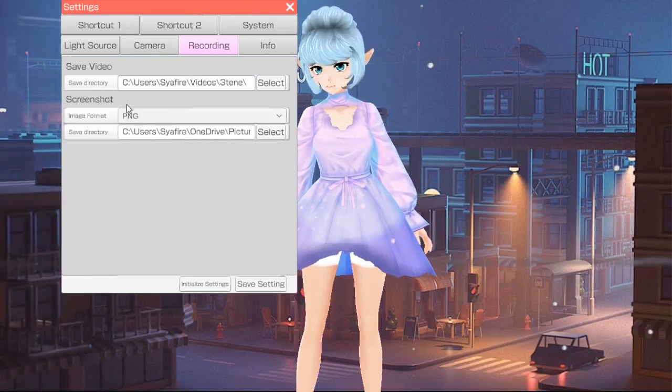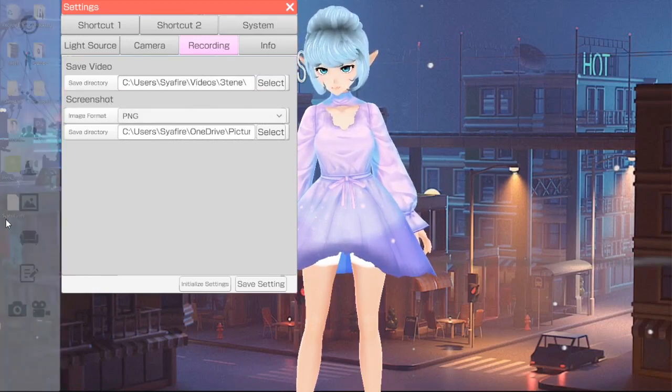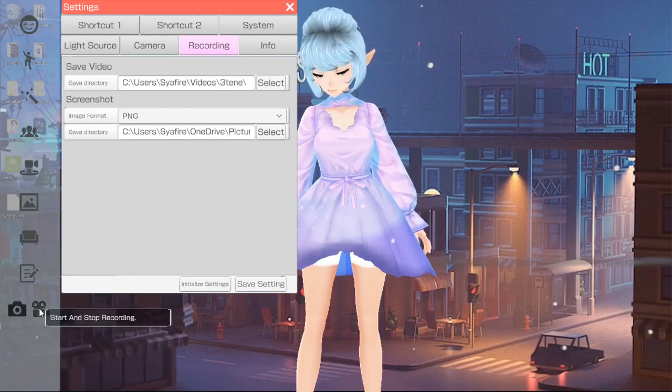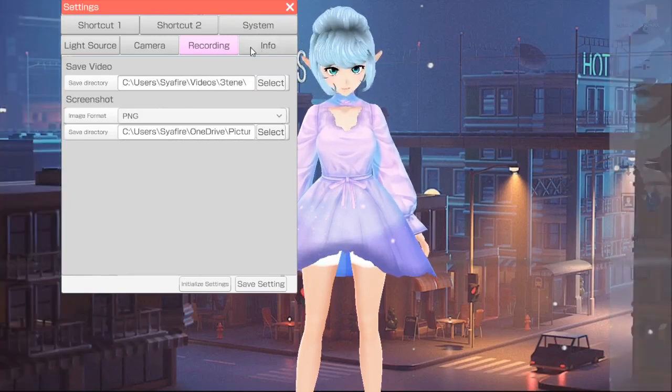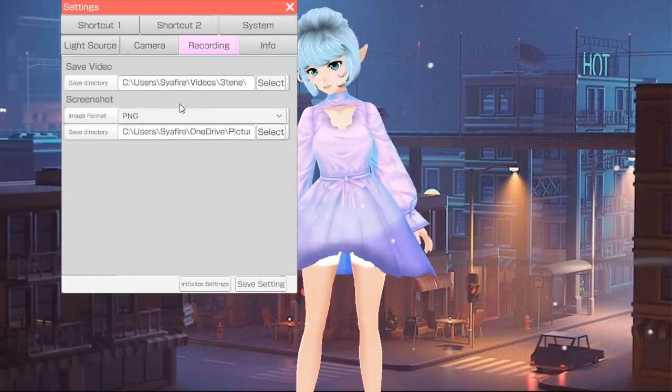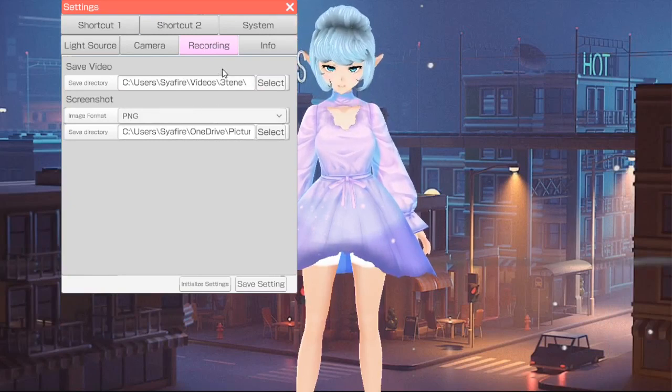Screenshot, same thing. So these are just saving your output sources. So again, earlier, like I was saying, if you don't know where these screenshots are saving, go into your settings here and go into recording and check where it's saving. If you took some real bomb screenshots and you're like, dang, I don't know where those went, well, now you can figure out where they went.